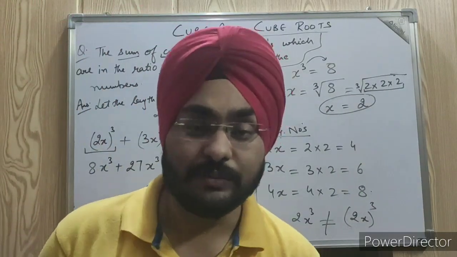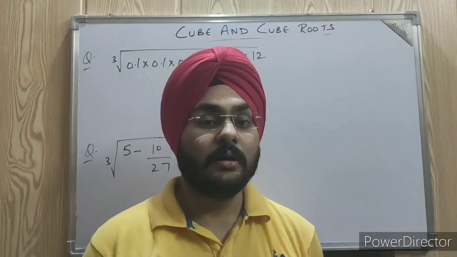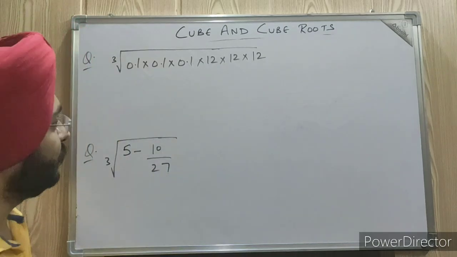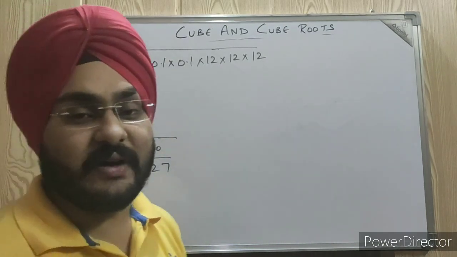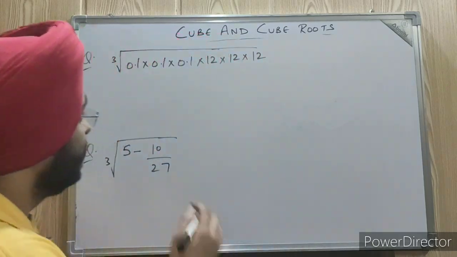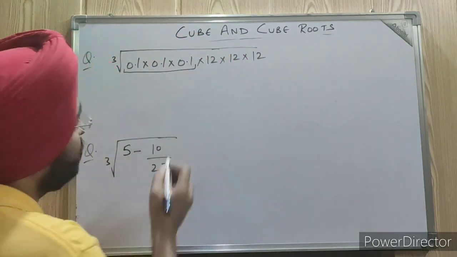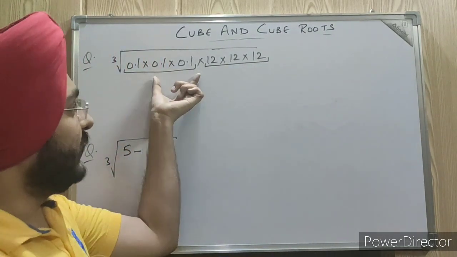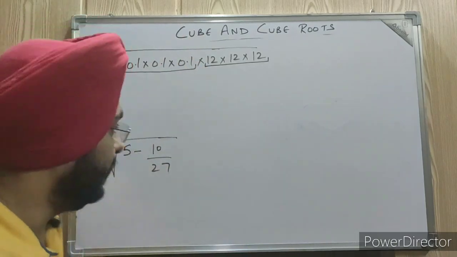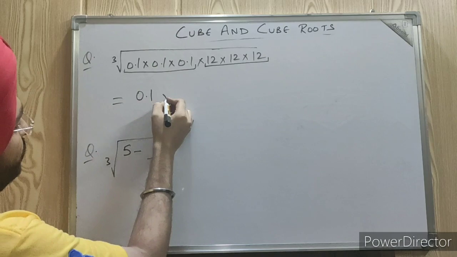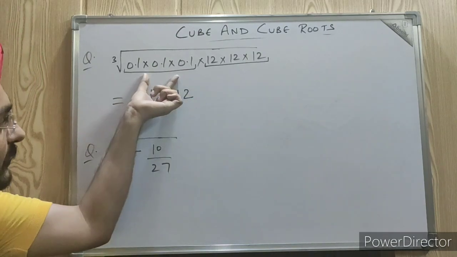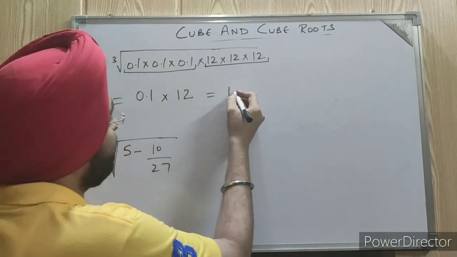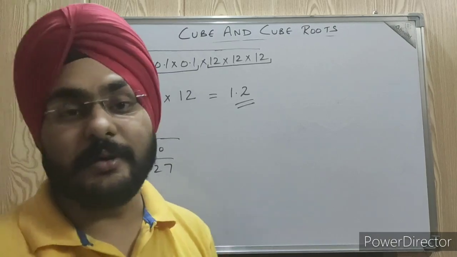So coming to the next question now. So our next questions are like in this way. Find the cube root of these numbers. Okay, so what we have to do in finding the cube root? We have to form the triplets here. So can you see here a triplet is formed here of 0.1 and another triplet of 12, and you know when we are taking the triplet out, no cube root sign will be there. So I'll be saying 0.1 multiplied by 12. So 0.1 into 12 become what? 1.2. So just this will be your answer here.